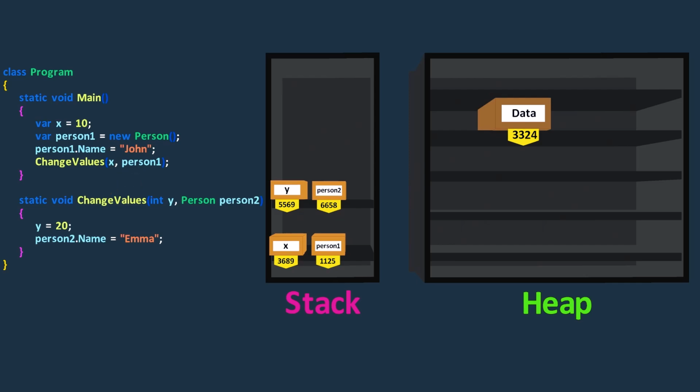On the other hand, when we pass a reference type variable using the pass-by-value technique, the memory location of the actual data stored in the variable is passed to the parameter. In this case, when we pass the value of person1 as an argument, the memory location of the actual data is passed to the person2 parameter. That's why when we make changes to one of them, it affects the other.